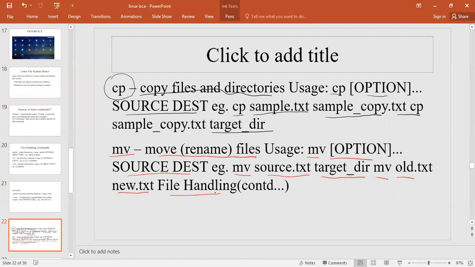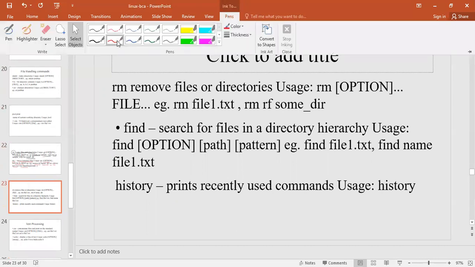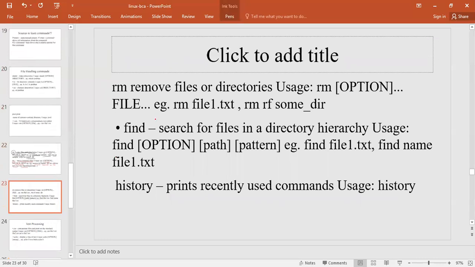File handling commands will be continued. Next is rm, to remove files or directories.